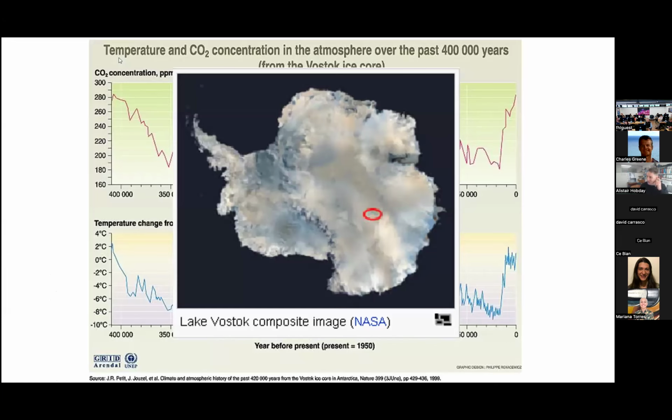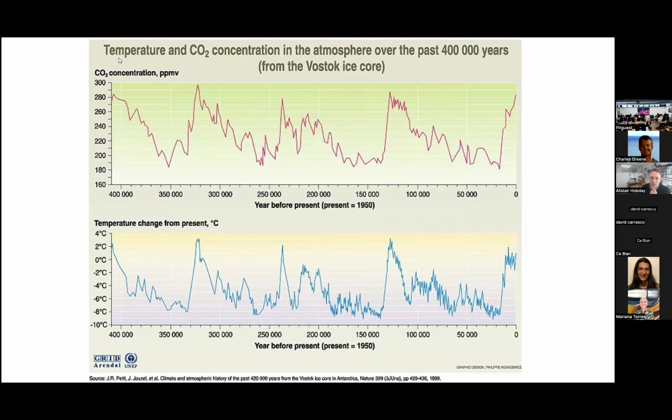So why did I get into it? Here's a picture of Antarctica, and the location that I've circled there is where a very deep ice core has been extracted. And from the bubbles in the ice core, you can extract proxies for carbon dioxide concentration and temperature over the past 400 or 800,000 years, depending on which ice core that you use. And when you look at that history over that past 500,000 years or so, you can see there are big fluctuations in temperature and carbon dioxide.